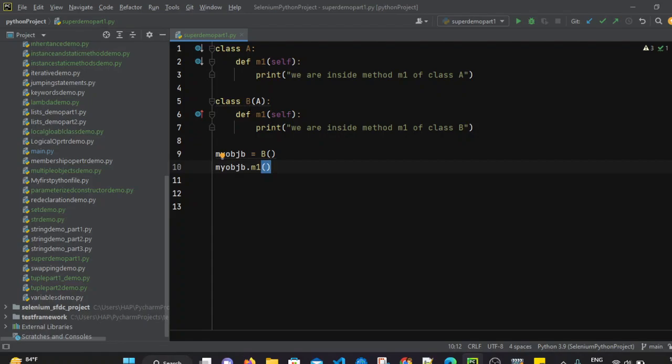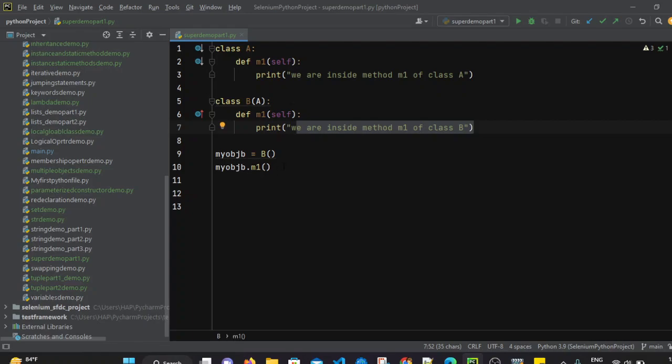Both classes have the method name m1, though the implementation is different. In the parent class it prints we are inside method m1 of class A, and in the child class it prints we are inside method m1 of class B. The implementation and logic can be different in both methods, but the method name is the same for the child as well as the parent class.